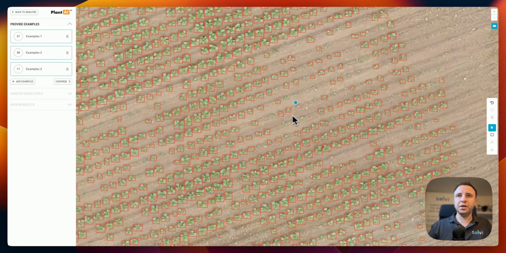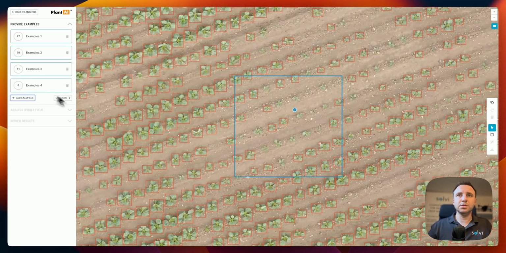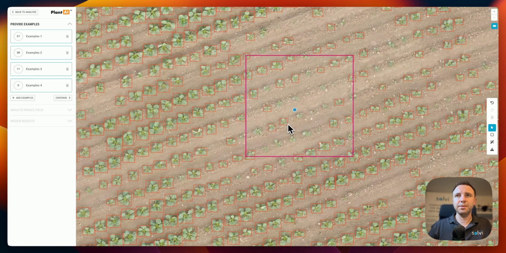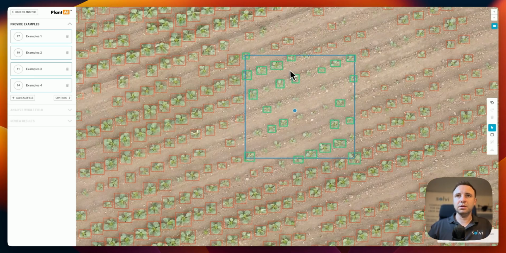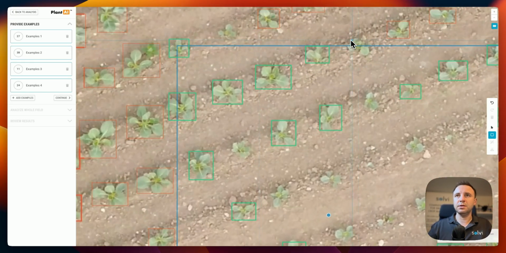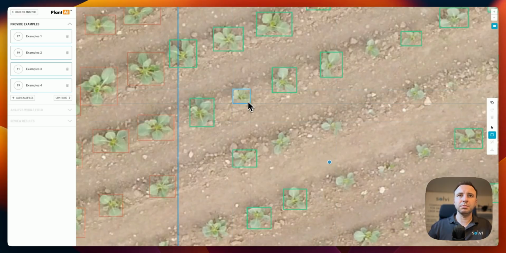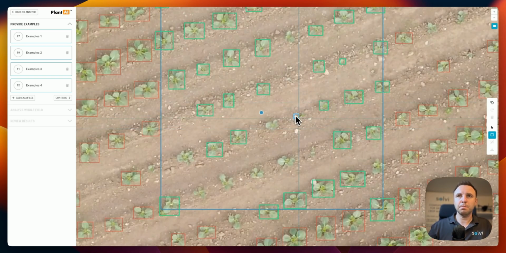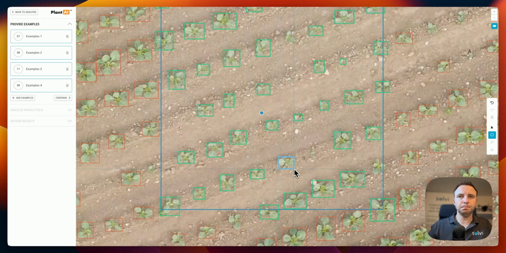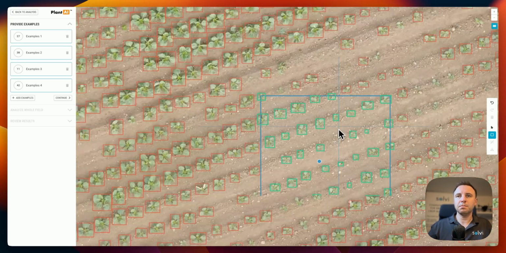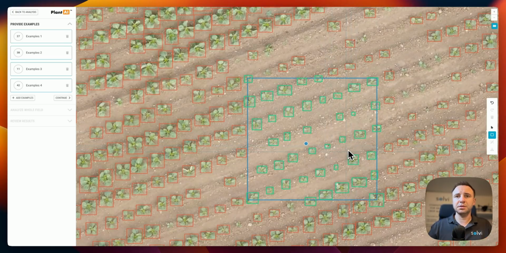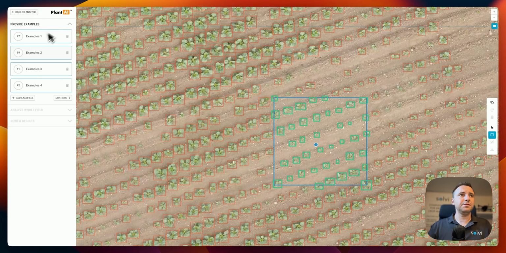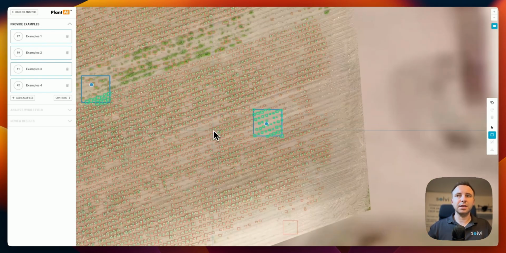And then we had another area over here where quite a few plants were also missed. So we will add a fourth example area and then do the same thing here, load the existing ones and then outline all the plants that were missed. All right, now this example is also ready. Now we have 4 examples that the AI will be further trained on, so we should technically get much better